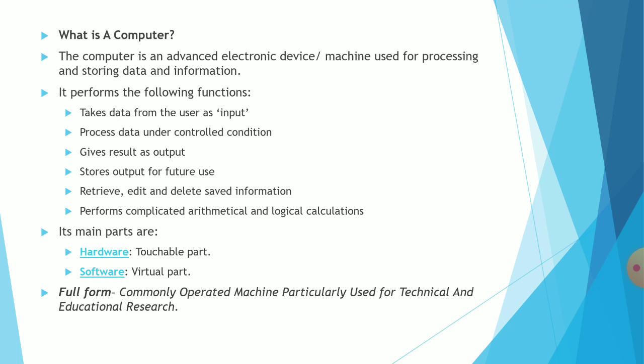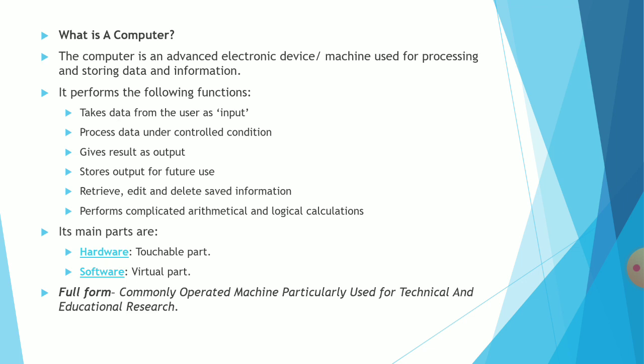Okay, suppose you want to find the area of a circle. You will give the radius of your circle as input, and it gives you the area of the circle. So it processes or computes the area of the circle and gives you output. After getting your output, you can store it in a hard drive or storage device for future use. You can retrieve data and information in the future.